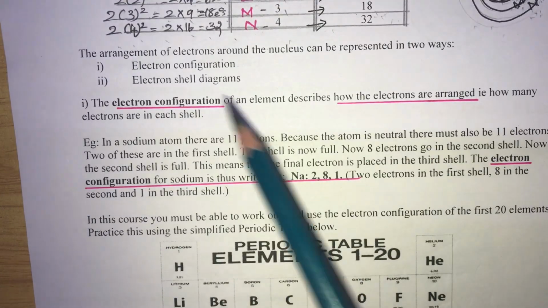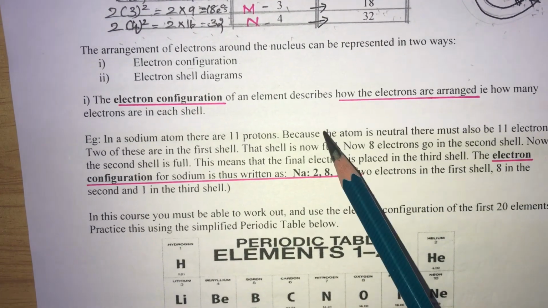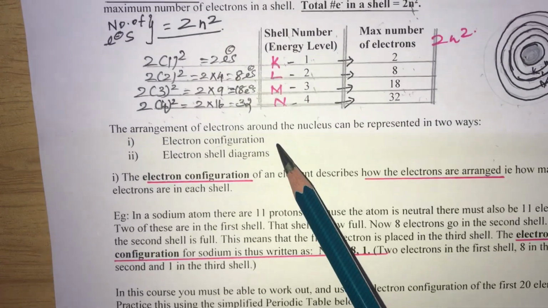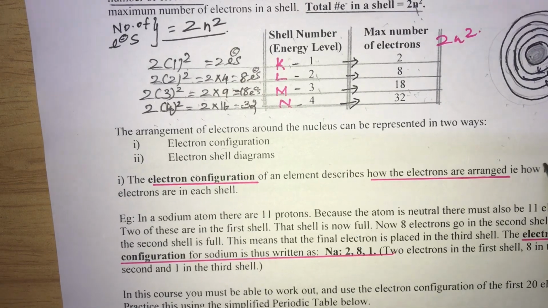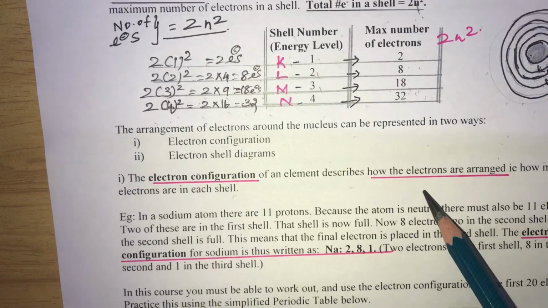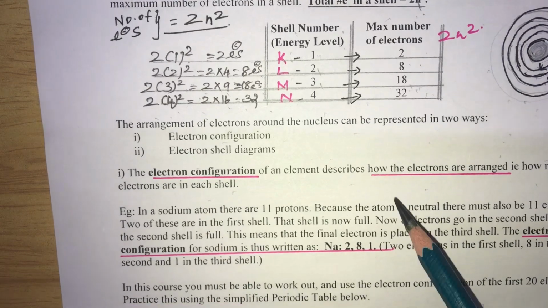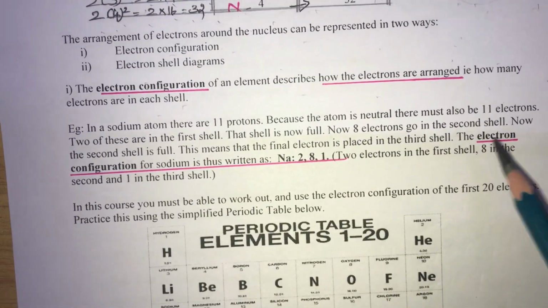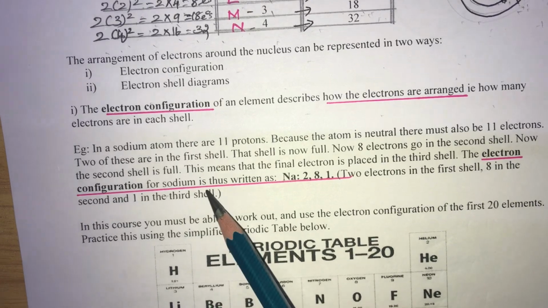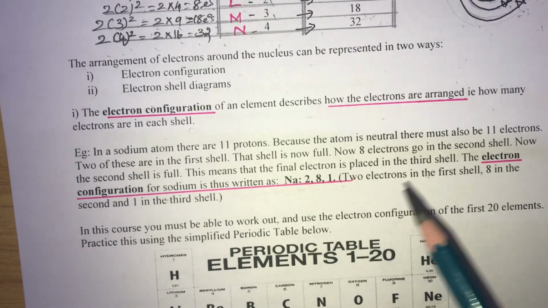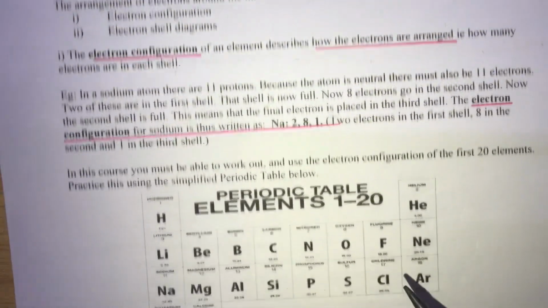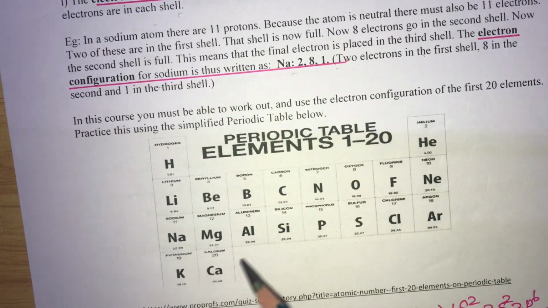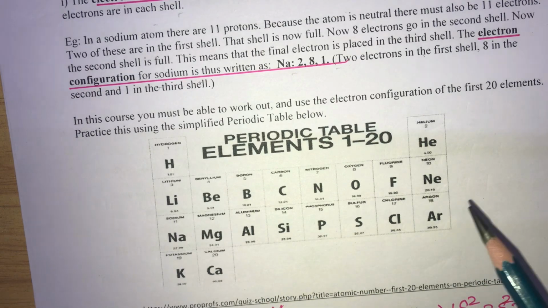The arrangement of electrons in an atom is represented by electronic configuration, 1s2, 2s2, 3s2 like that, or an electron shell diagram. Electronic configuration describes how the electrons are arranged, how many electrons are arranged in each shell. For example, electronic configuration 2, 8, 1. So the arrangement of electrons in a diagram, first level, second level, third level, can be written. According to their atomic number, according to the number of electrons or protons present in an atom,